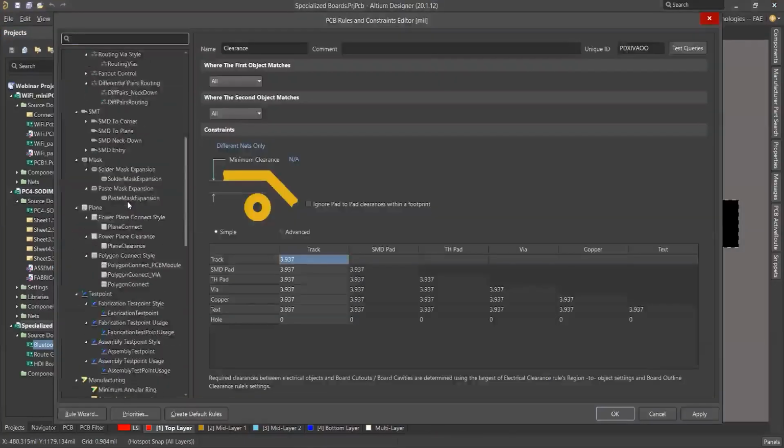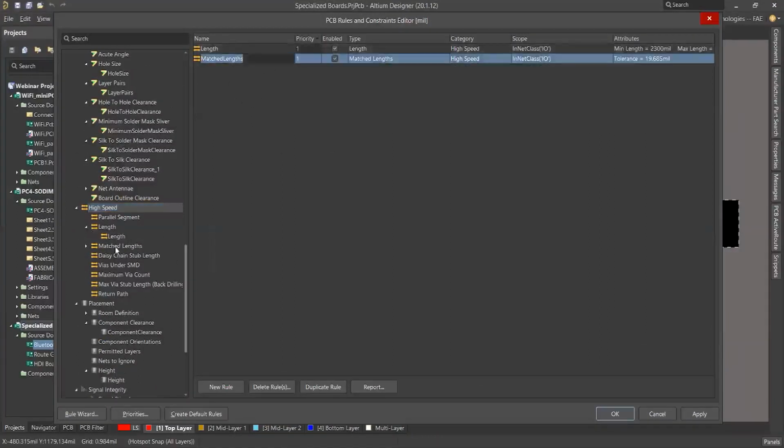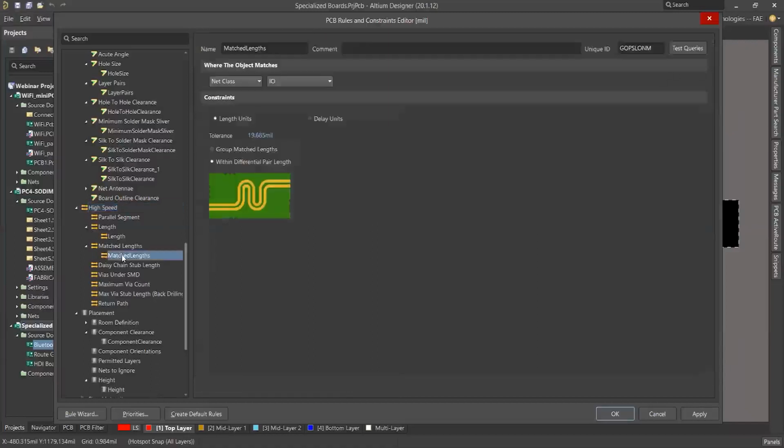So here you can see high speed. For high-speed design, those kinds of rules we can set. Here I have used these rules for length matching. Okay. If you click on this, here we can provide tolerance also, and here we can select the net class. So for this particular net class we will do the length matching.